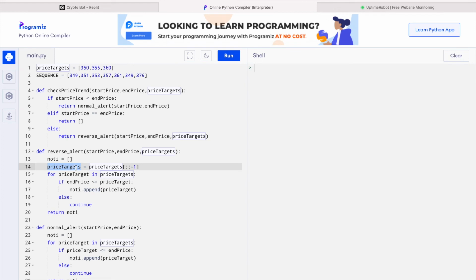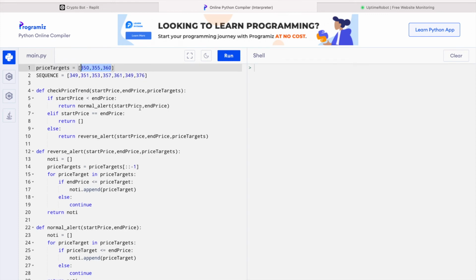This step is essential because we have to tell the difference between the increase notification and also the decreased notification. So take this example. We just mentioned that with the price dropping to 349, it will send all the notifications for 360, 355, and 350. And when it passes 376, it will also trigger all the price alerts, but in increasing manner.